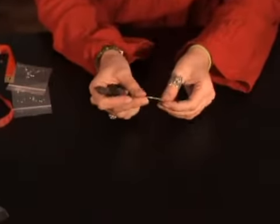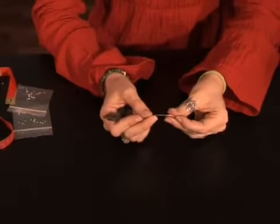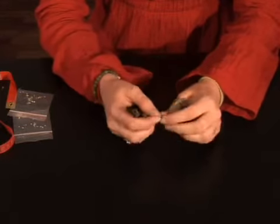We're going to learn one of the most essential parts in jewelry making, how to make an attachment bar. So down here on the table I have my wire. I'm going to use the firm wire because we're going to want to keep this in place, although you can use any type of wire to make these attachment bars depending on the type of bracelet, necklace, or earrings that